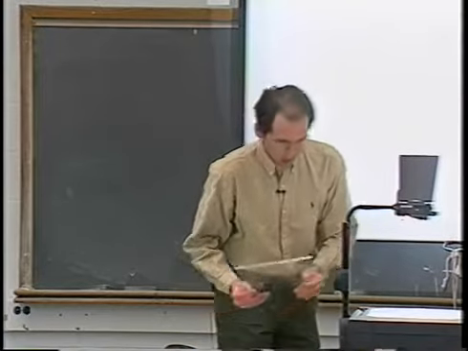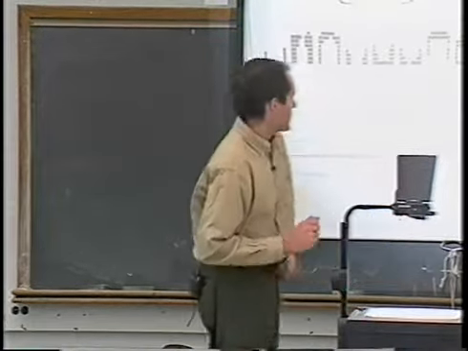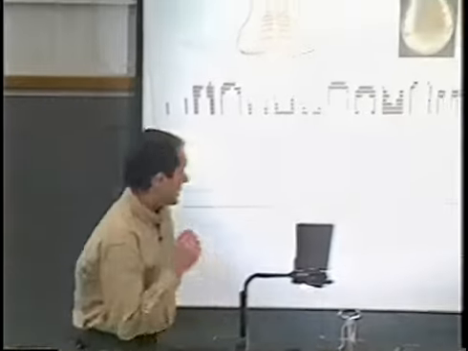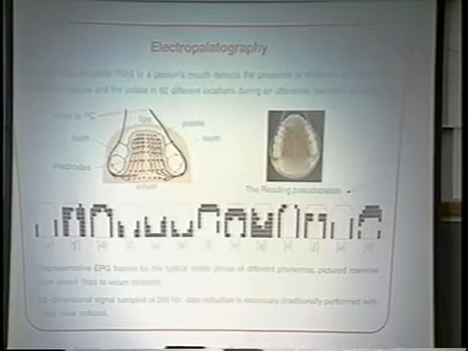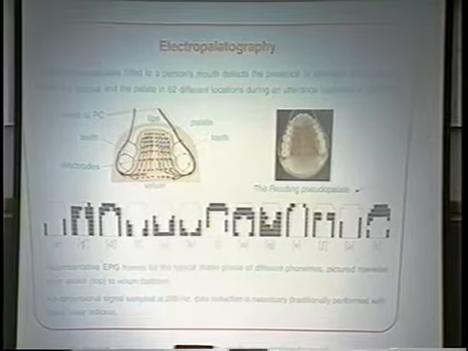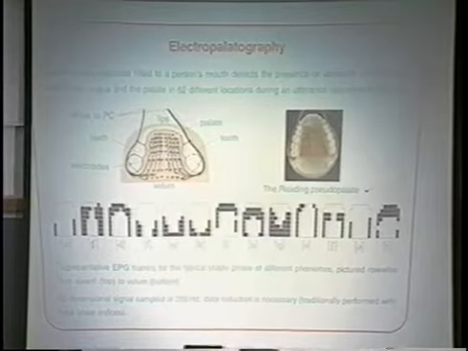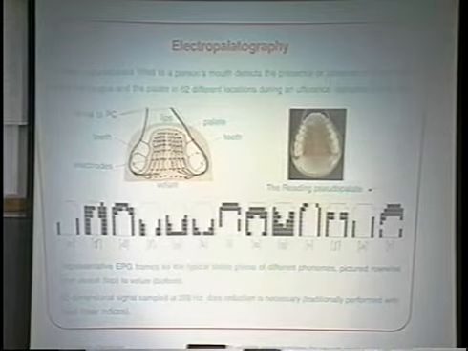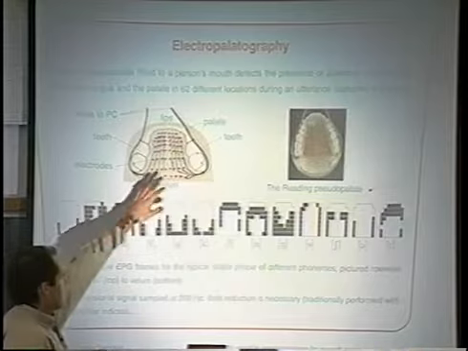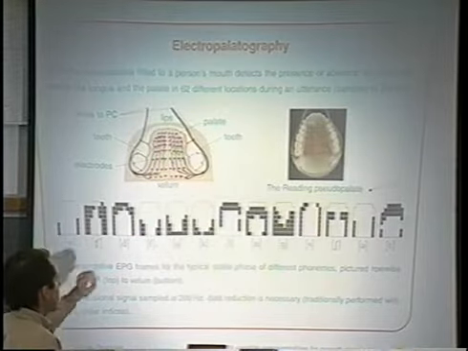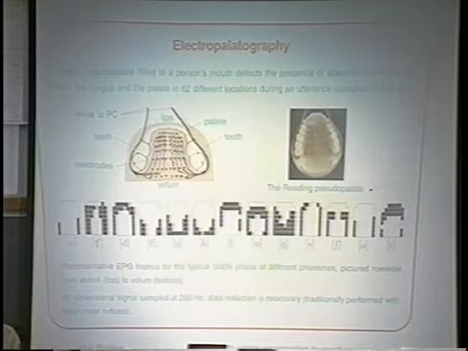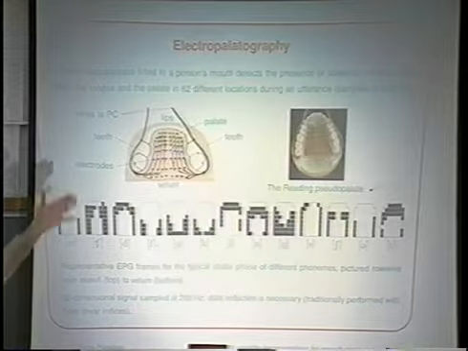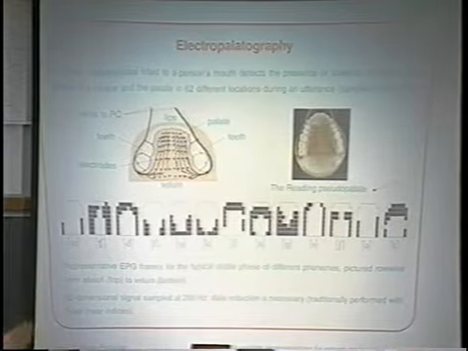Right, so the first application is dimensionality reduction, and let me introduce the problem of electropalatography. Electropalatography is a technique that consists of measuring the contact pattern between the tongue and the hard palate during a continuous utterance. So what it consists of is a plastic palate that the speaker fits in his mouth, containing a lot of electrodes in a grid like that. And every time that the tongue touches the palate in the appropriate location, that electrode switches on and you record the whole thing. And then you get that many times every second.